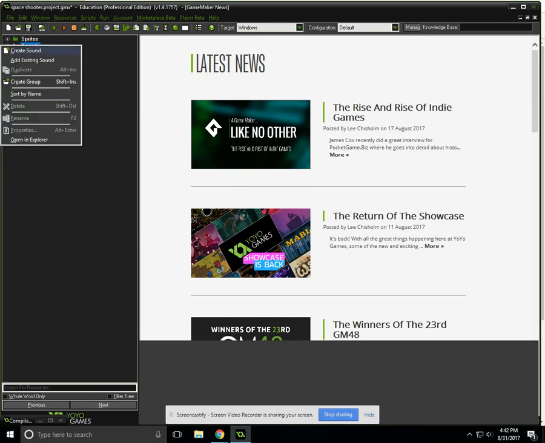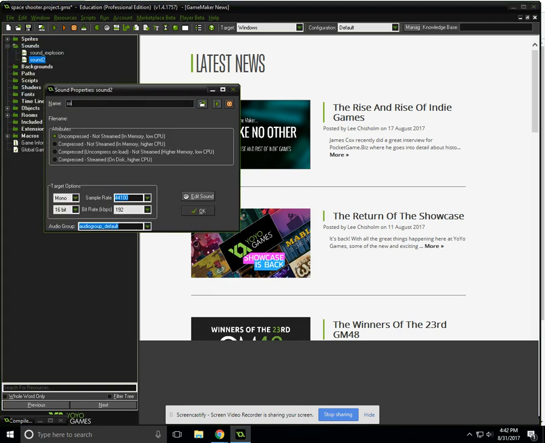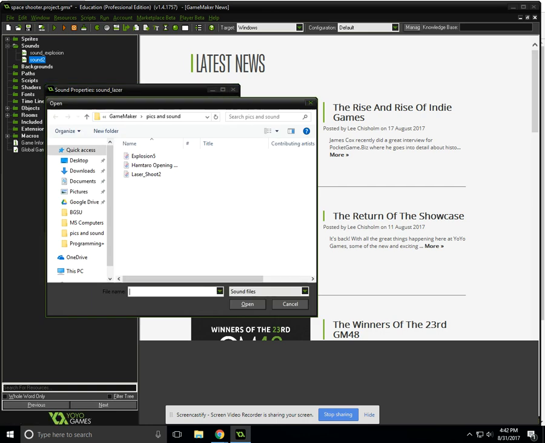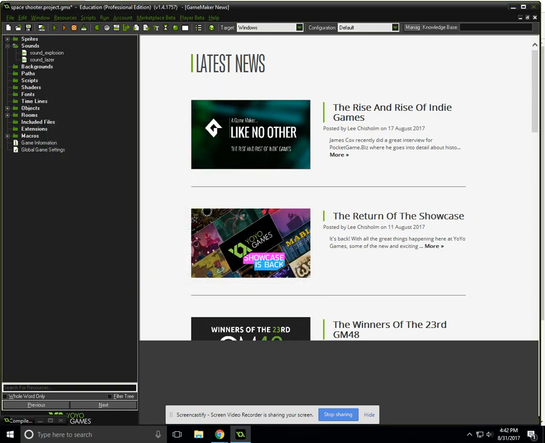And I go ahead and insert another one, create sound. This one I'll call Sound Laser. And again, we'll insert from file, and it should go right to that same file again. We'll say open, we'll say OK, and I've got a couple of sounds now that I can work with. So going on into my room, I'm going to probably put one of these in the bad guy and one